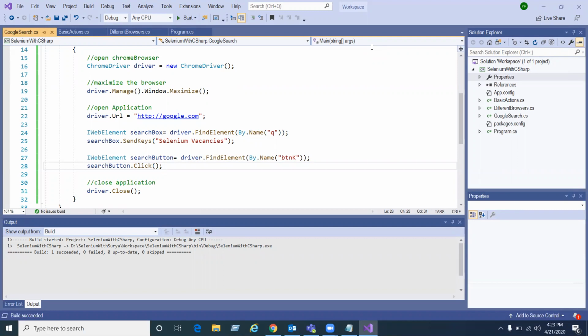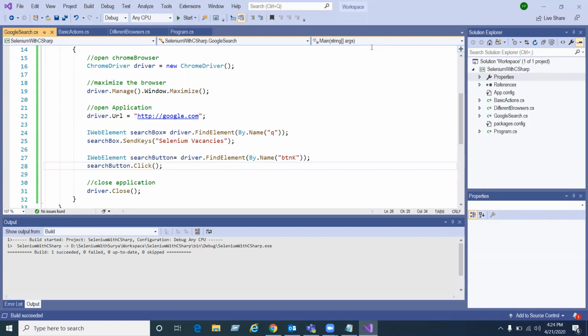Synchronization issues come because of timing issues, because of a time gap. In general, the script executes very fast, especially in WebDriver. According to the script, the application also has to perform. If both are in sync, then only your script will execute and finally your test case is going to pass.